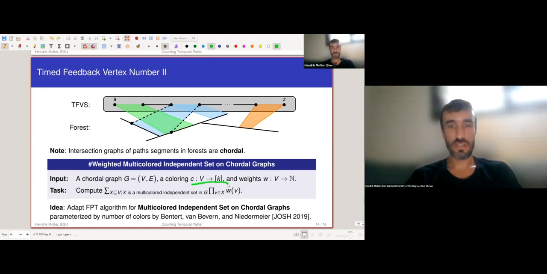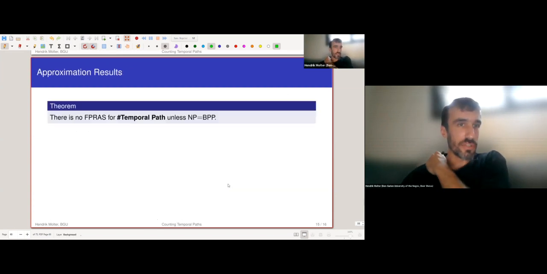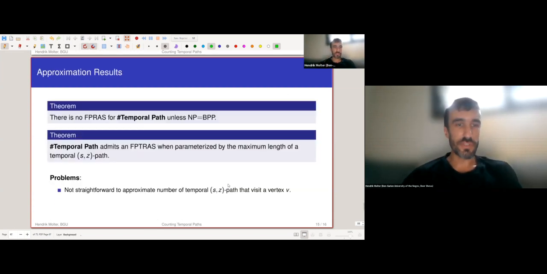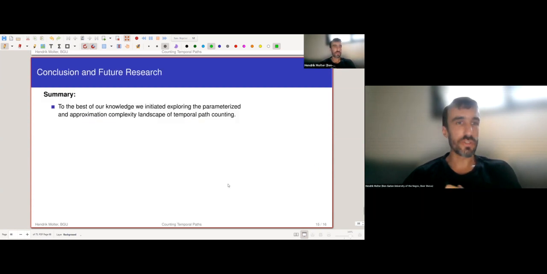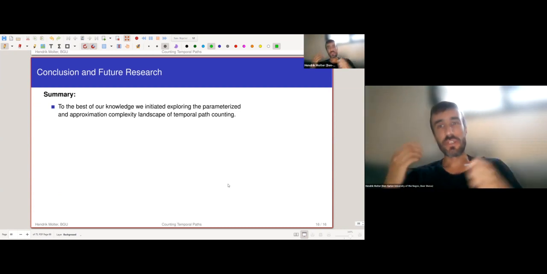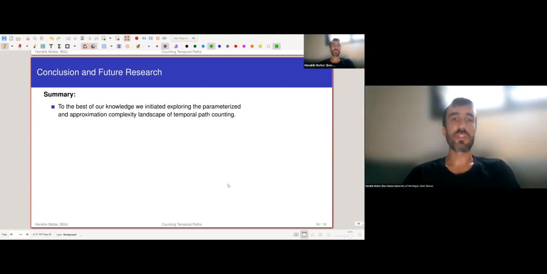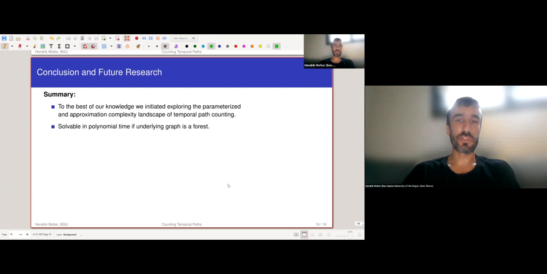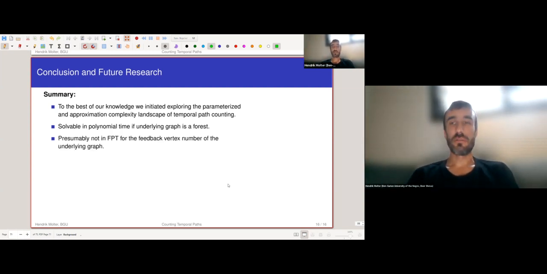number of colors. And I think because time is running out, I'm going to skip over our approximation results, which I only wanted to mention anyway to conclude. So to the best of our knowledge, we initiated exploring the parameterized complexity landscape of temporal path counting. We showed that it's polynomial time solvable if the underlying graph is a forest, and then we showed a number of ways to